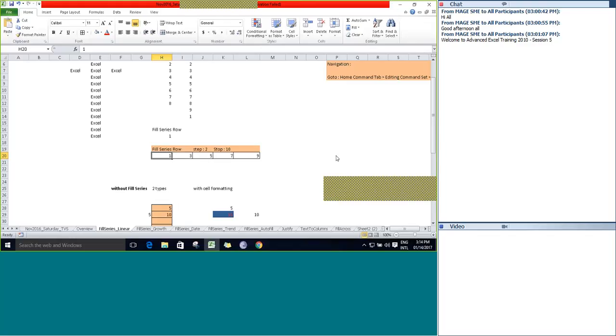You can see it now. The corresponding string pattern is generated and displayed to the user. The step value is given as 2. So 1 plus 2 equal to 3 and 3 plus 2 equal to 5 and goes on. Right? It stops at 9, but we gave the stop value as 10.